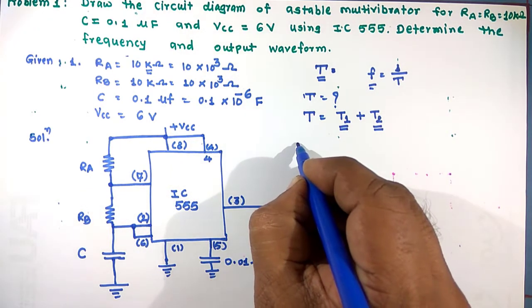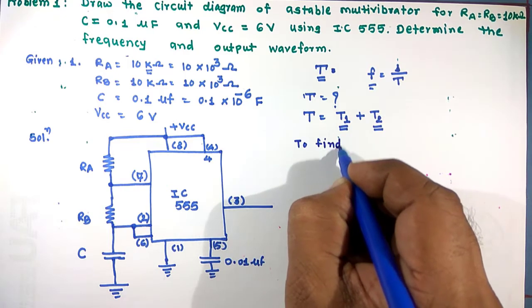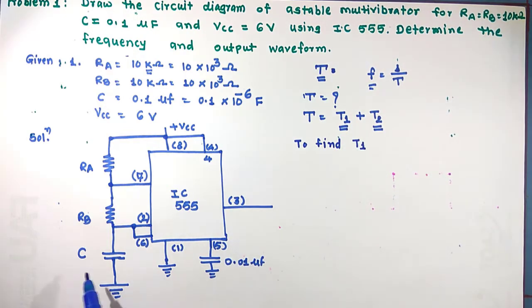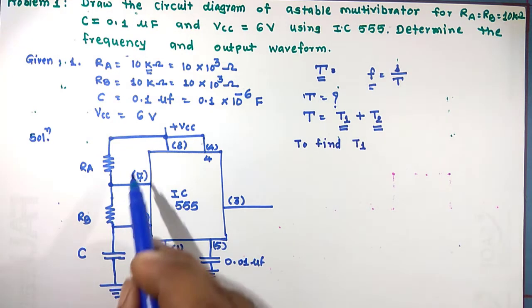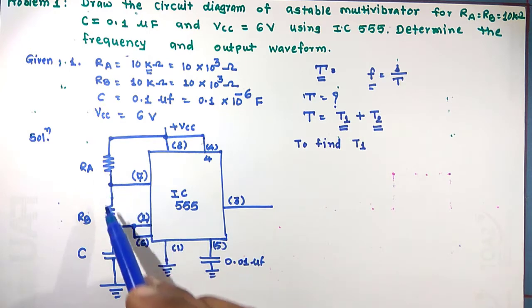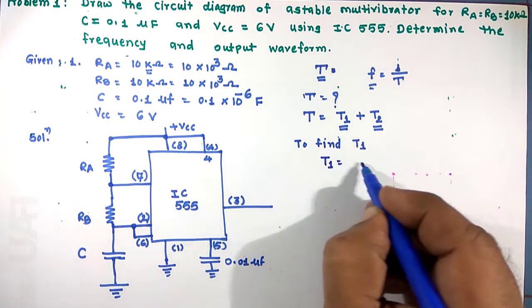So let us find T1 first. T1 is the charging time of a capacitor. This capacitor charges through RA and RB. So this charging time T1 is given by